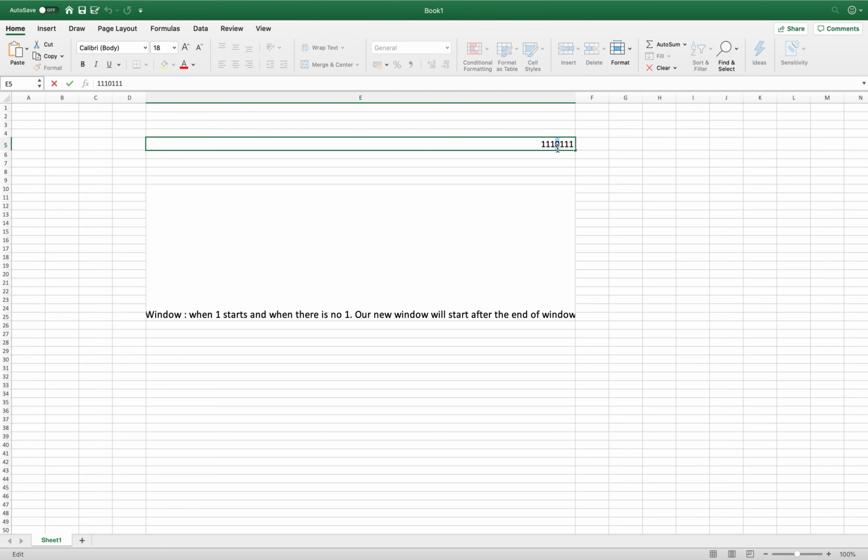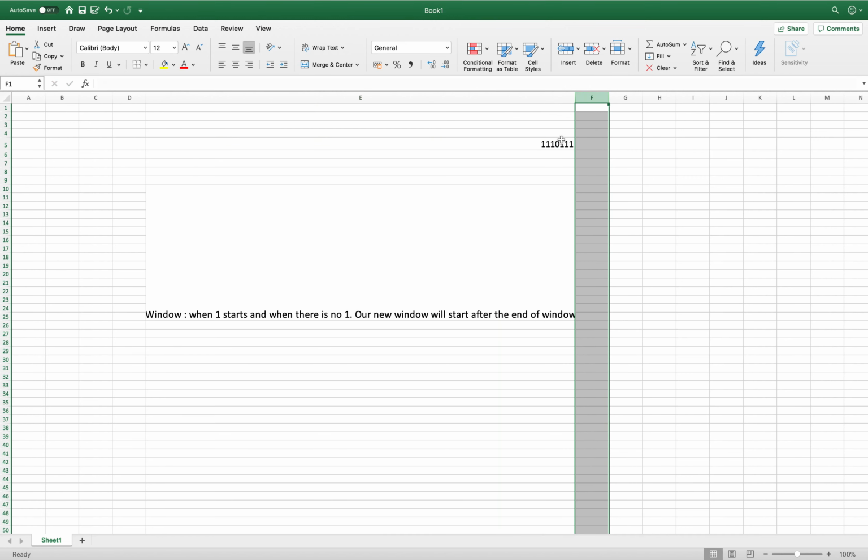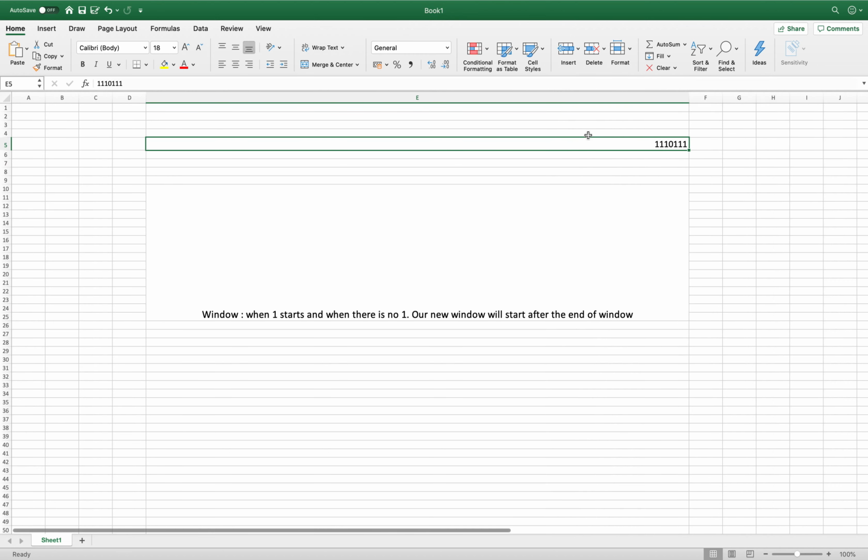Next, our start window would be here, and our end window would also be here. There is no one here, so it goes till the length of the window. Since there are 3 ones here, the maximum number of ones occurring here would be 3. That is the main logic.